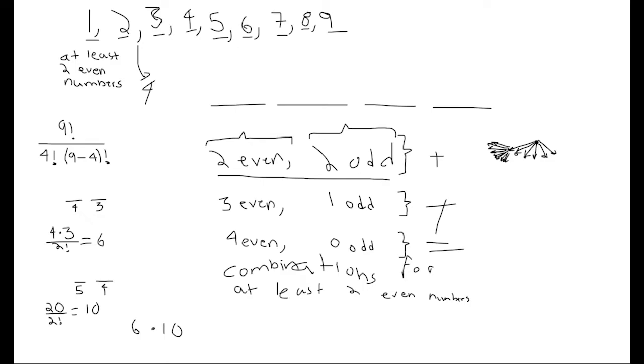So at the end of each of these paths that I'm pointing at with my mouse, that is going to be a different combination for picking out even numbers, okay? So maybe this is combination A for picking out even numbers, this is combination B, this is combination C, D, E, and F. So each of these combinations is a different combination for picking out 2 even numbers from this group. And then after that, we're going to pick one of the 10 combinations of 2 odd numbers from this